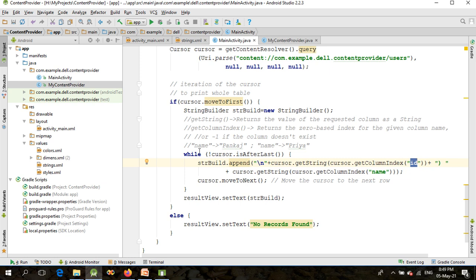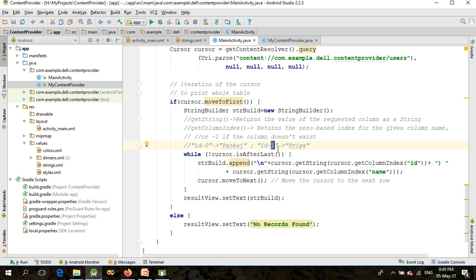For example, suppose this has the ID of 0 and this has the ID of 1, right? So here this particular statement will retrieve this ID number 1, considering